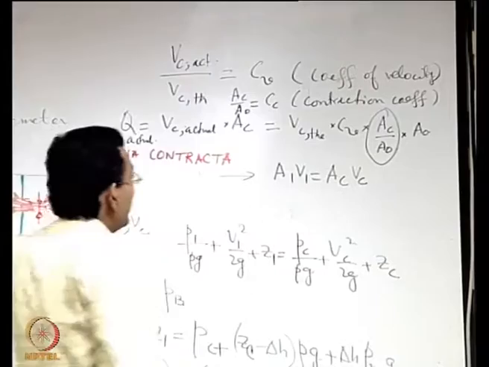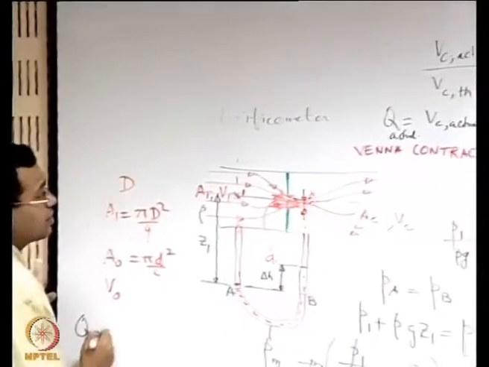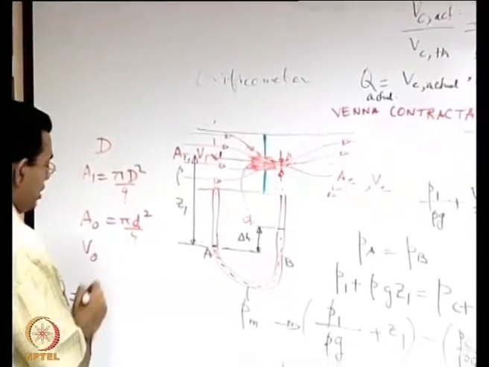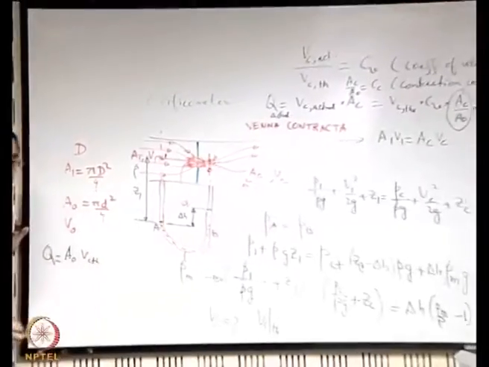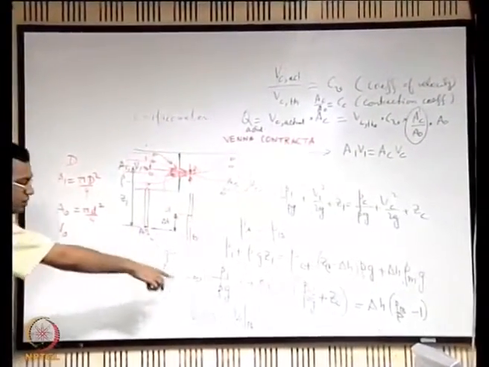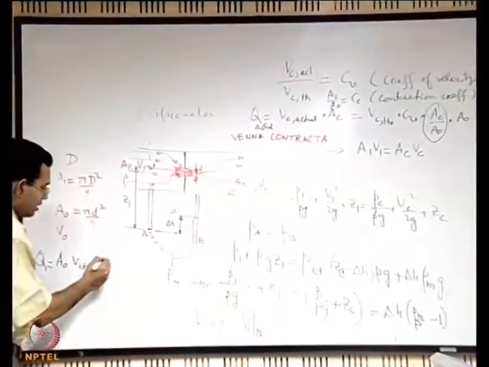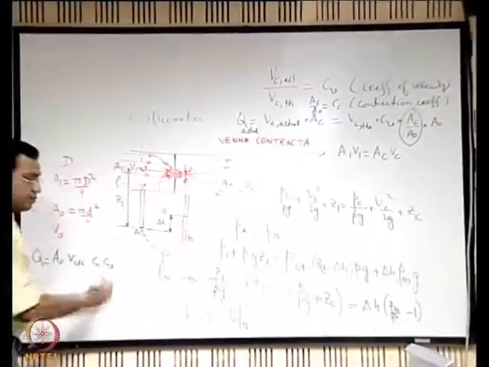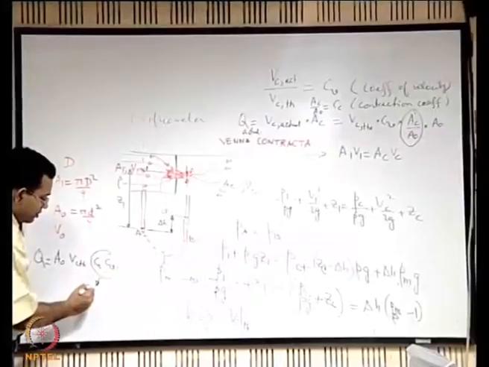So we can say that the final expression is Q is equal to A naught into VC theoretical, both of which you have determined. A naught you know, the area of the orifice, and you know the VC theoretical from this simple analysis, multiplied by CC into CV, and this we call the CD here, the coefficient of discharge,